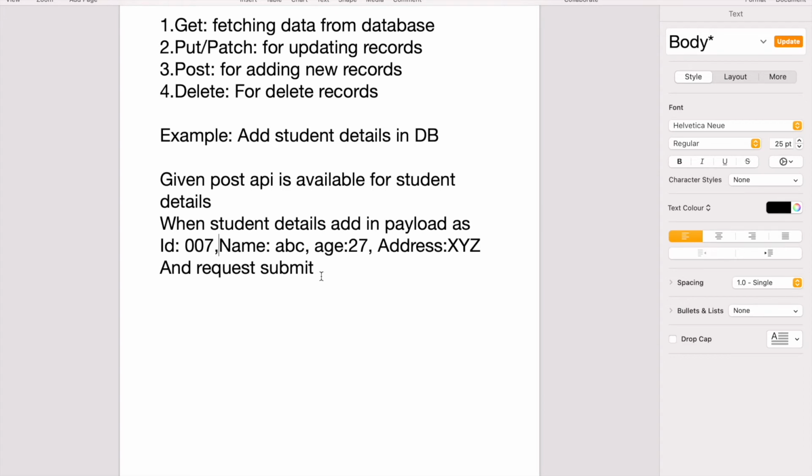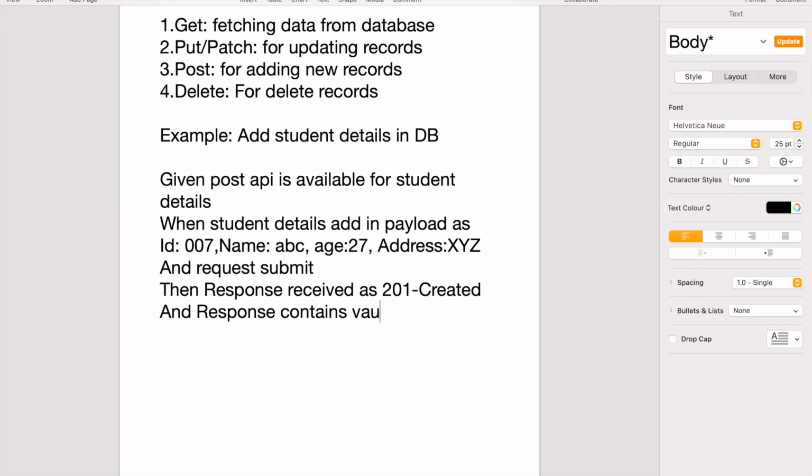The id is also required. Then response received as 201 created, and response contains value of student as